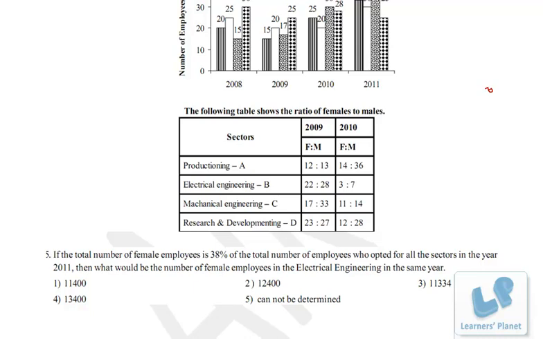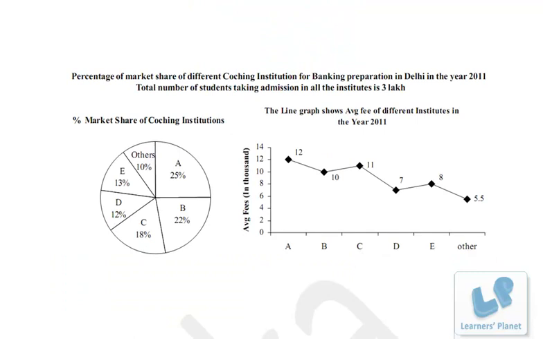So friends, you might have observed that some of the questions take time, some of the questions do not take time at all. You can instantly mark the answer. So on an average, if you solve 5 questions in 4 to 5 minutes, that is decent enough if you maintain the accuracy. Okay. So I hope you are clear with all the 5 questions of this data interpretation problem. So let's take the next one.